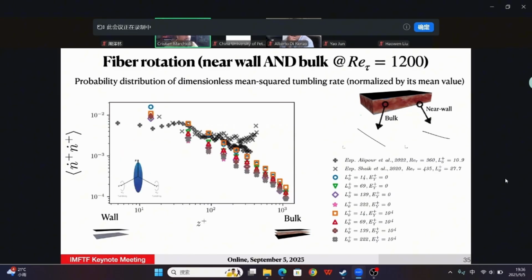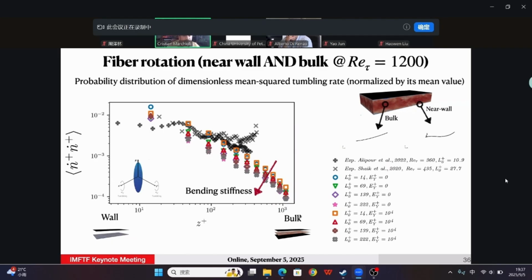If we increase the Reynolds number, we see something similar as before. So again, here the colored symbols are our simulations, now referring to a much higher Reynolds number of the turbulence. Again, different lengths, different rigidities. The black symbols here are the same experiments as before. And what you can notice, besides the fact that rigidity always tends to decrease the tumbling, is that we have